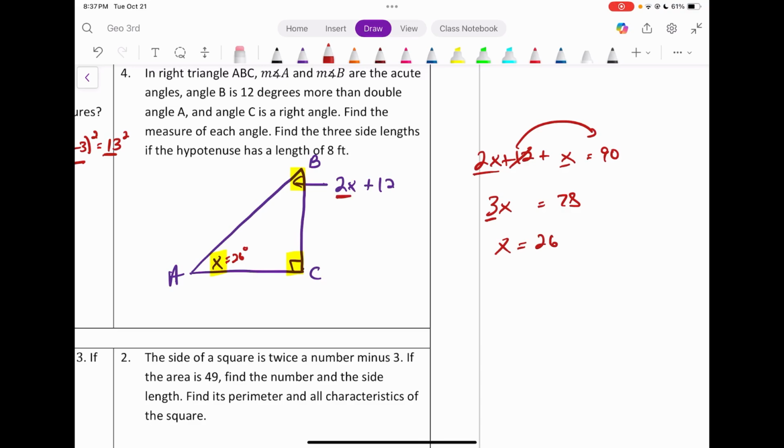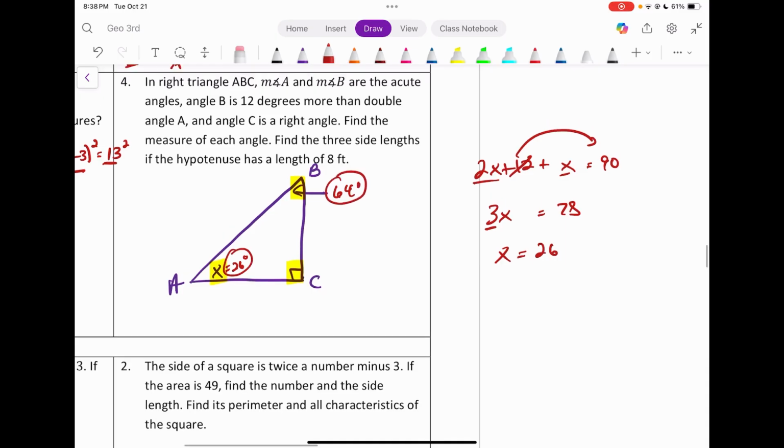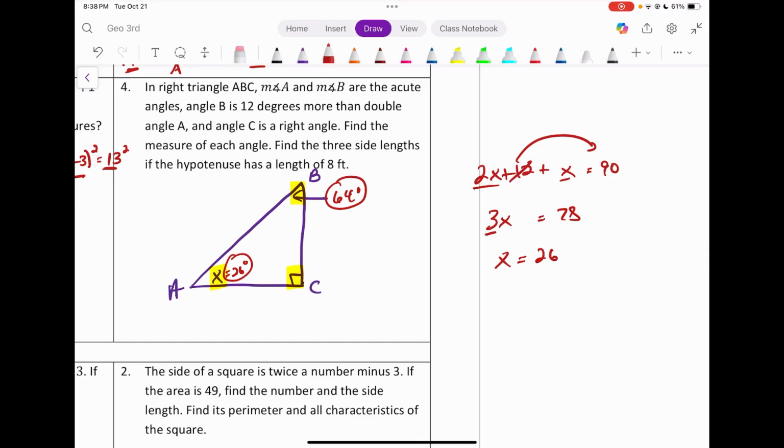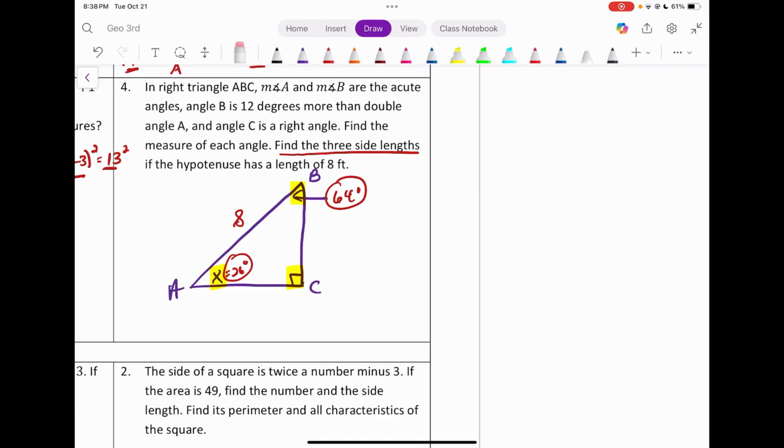If you were to do 2 times 26 and then add 12 to it, I believe that would be 64 degrees. So there's your answers. However, like with the other problems, we go a step further, and I give you something else to do to review old stuff. Find the three side lengths if the hypotenuse is 8. The way we're going to do this is by using, in review,